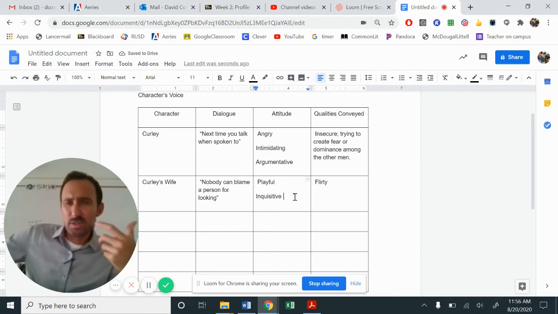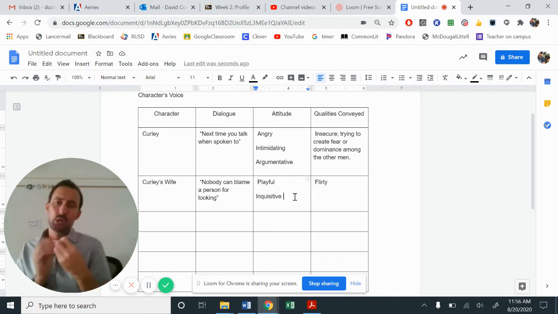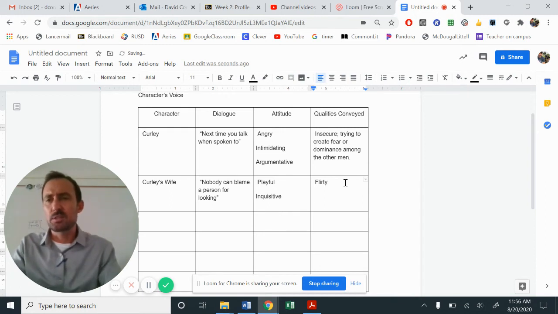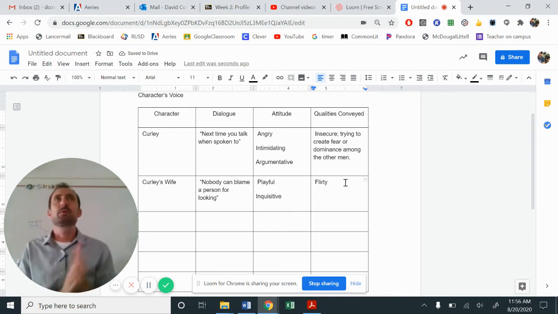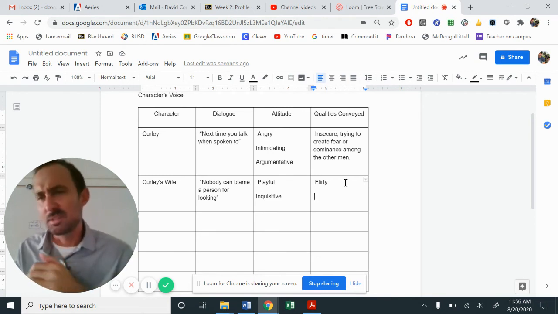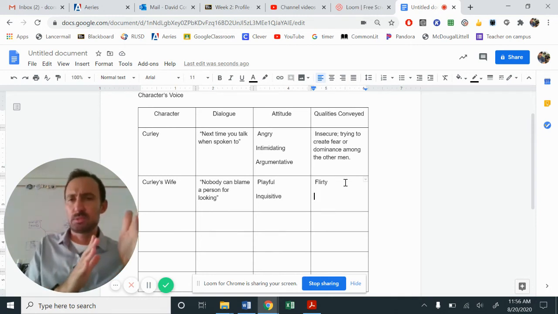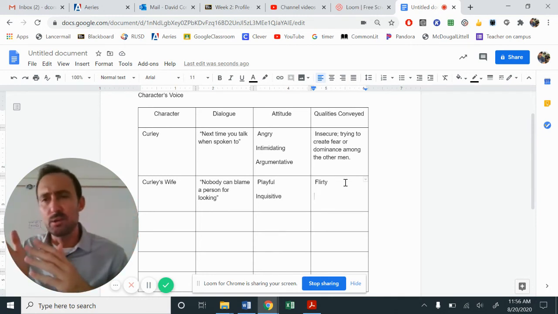She comes across inquisitive, like, oh, I'm looking for Curly, right? She tries to be innocent, okay? But she comes across extremely flirty. She comes across as playful. What might be another word for that? I don't want to use like slutty or manipulative because those are extremes. Okay, again, she's not in this moment trying to hook up with George.